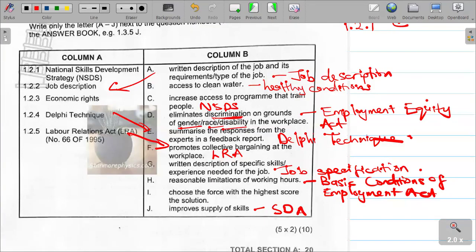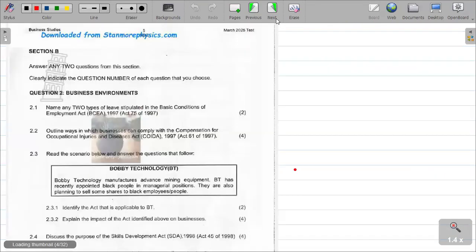So let's move on to section B, whereby you are supposed to answer any two questions, right? So I'm just going to pick two questions from section B. Let's go to question 2, business environments. So 2.1,